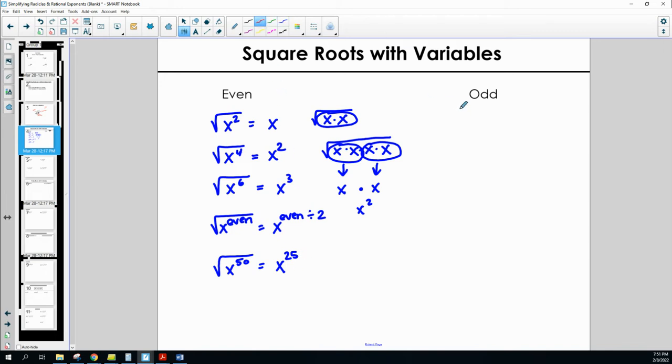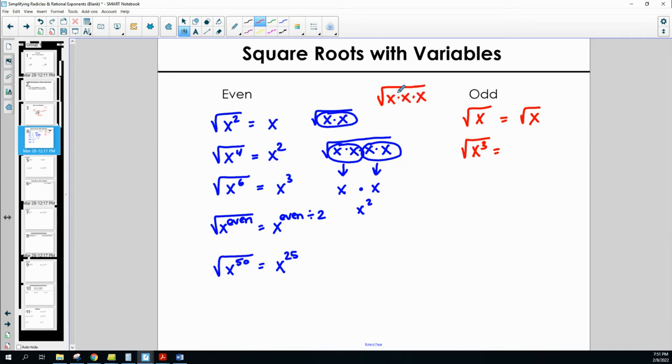Now, what if the exponents are odd? So first off, let's look at the square root of x. Now, the exponent on the x is a 1, and the index is a 2. When your exponent is less than your index, you can't do anything, so we just leave it alone as square root of x. If I have the square root of x cubed, we can think of this one of two ways. So we could write out x 3 times,